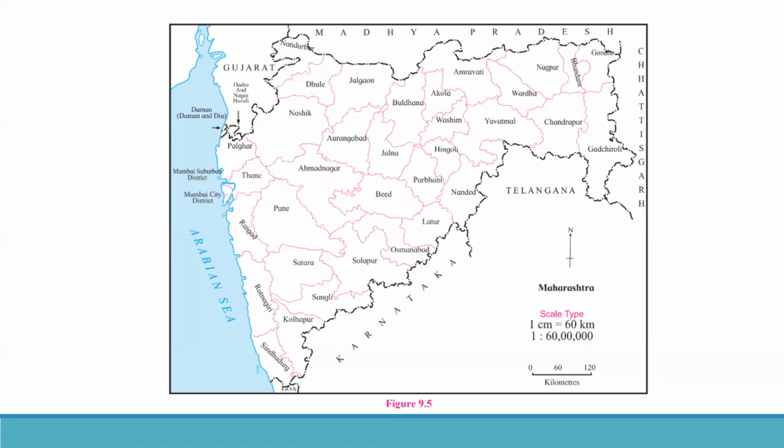Even a font size, children, you have font, no? The way it appears, so also the font size of the verbal and the numerical scale changes. The values do not change. Hence, graphical scales are drawn in atlases and all the wall maps. Now we move on to the next.